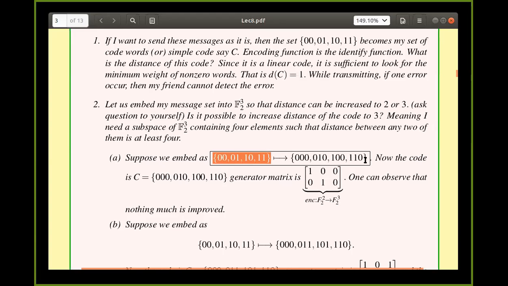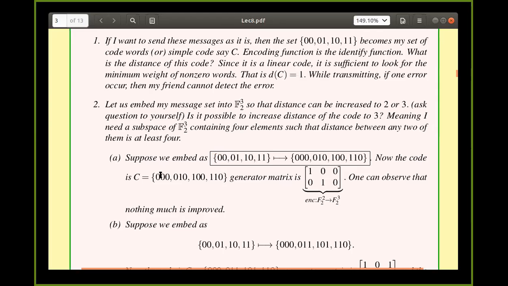I hope that part is clear. So now, what is the advantage of representing it like this, with a generator matrix? Instead of writing 4 words, I'm just writing 2 words only here. What are these 2 words? They are 2 linear vectors. This is the basis for this code.